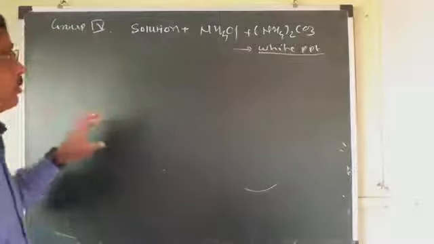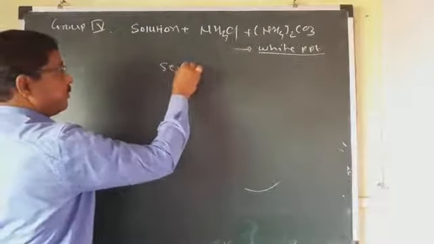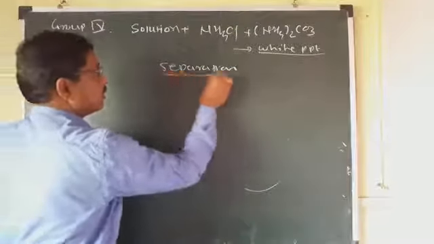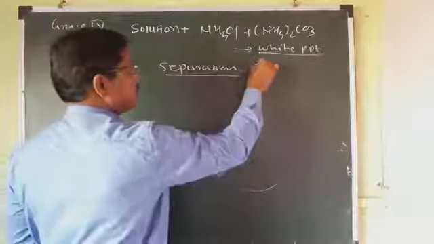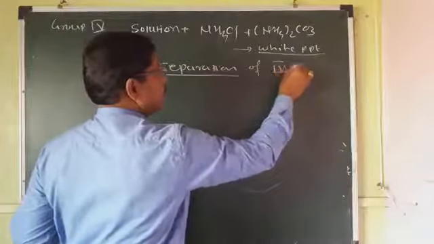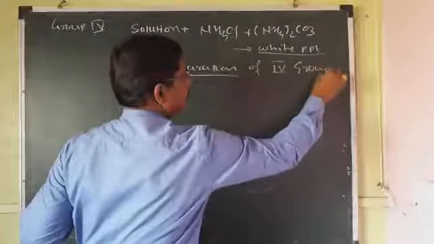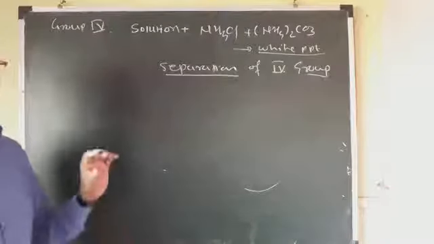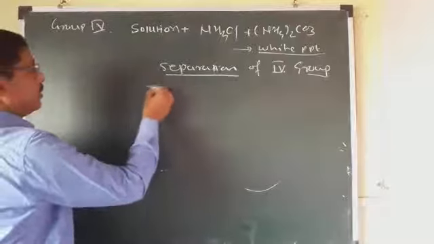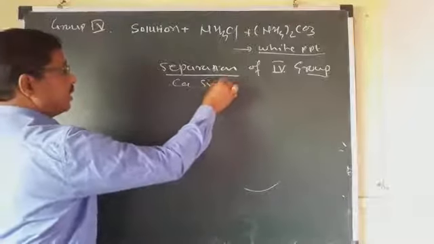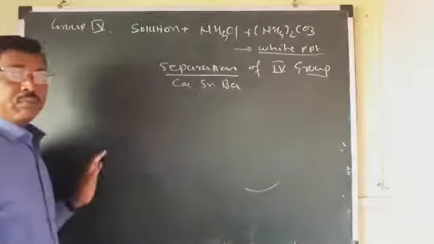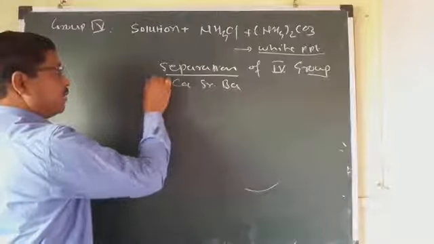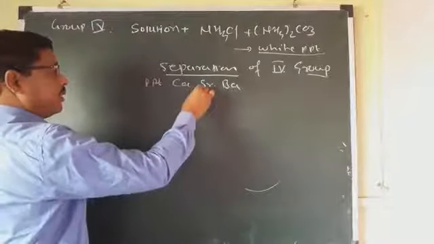Then separation of fourth group elements. The PPT of calcium, strontium and barium. In fourth group elements, these elements are present: calcium, strontium and barium. The PPT of the calcium, strontium and barium is